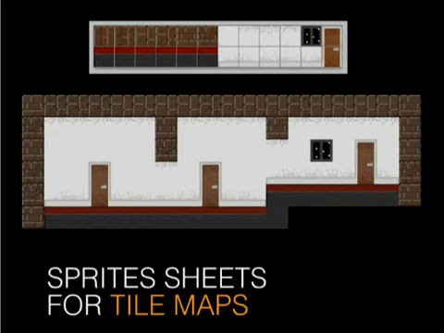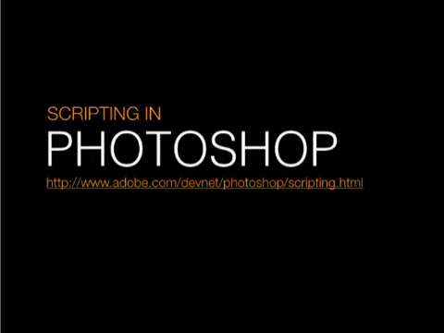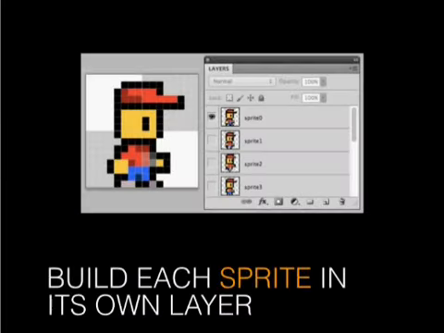One of the things that I do, because I'm OCD about being as productive as possible, is I write lots and lots of scripts. And one of the coolest things about Photoshop is that you can automate almost every aspect of it. Even better, you can do this all using JavaScript. If you do a Google search for Photoshop scripting, you'll be pretty surprised by how much access you get to Photoshop. And one of the most tedious tasks is building out sprites in your game.